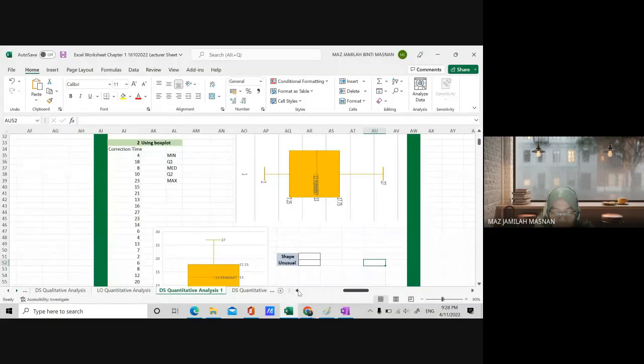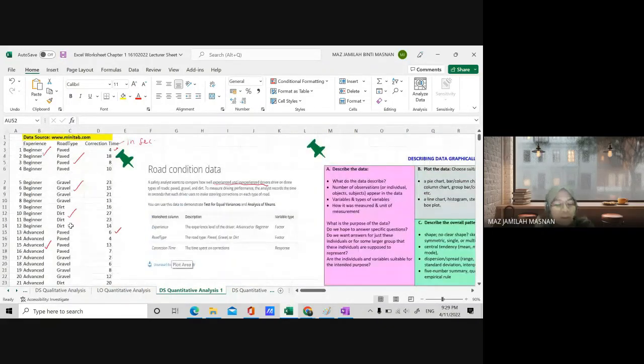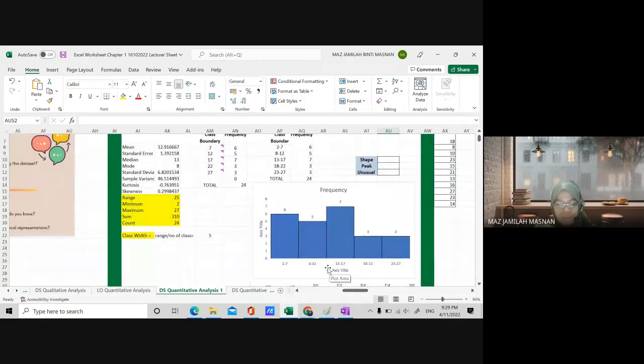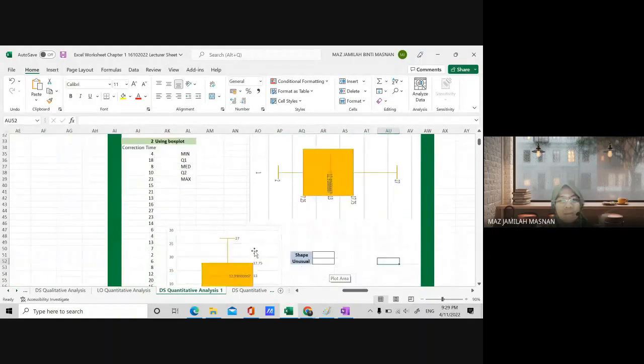Last time we were talking about the correction time. Remember, we were talking about an advanced driver and a beginner driver, and they have to go through three different types of road: pave, gravel, and dirt. The correction time reflects how many seconds each driver used to make corrections in the steering. So that is the data we are talking about. In this case, class, we wish to plot the box plot for the correction time. So what do you do? Highlight your data